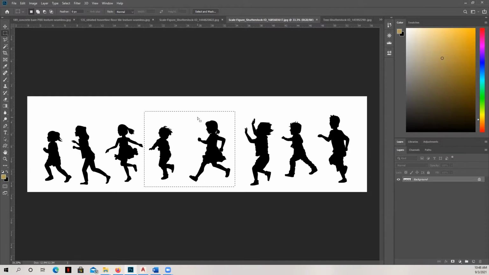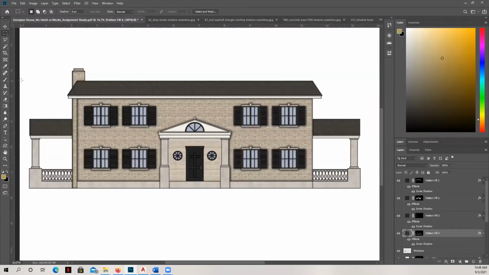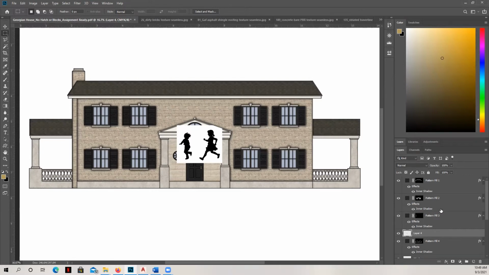If they were, for example, 45 years old and their children were grown or in college, it wouldn't be appropriate to bring an element such as this in. But I'm going to imagine that these people have small children. And so I'm going to copy and paste in that layer. So I just created a marquee and did Control C for copy and Control V for paste. And you can see the layer came in right here. This is a great time to bring your attention to the fact that none of my layers have been named.